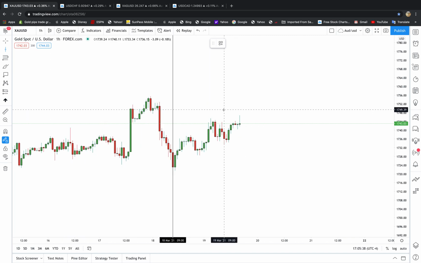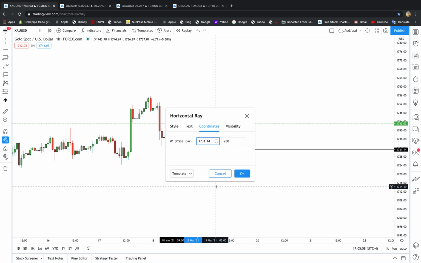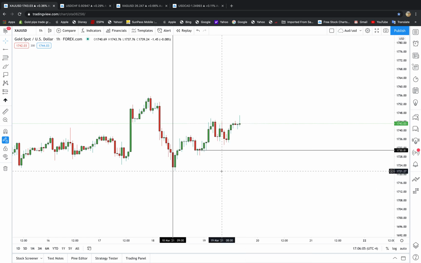We caught another 120 pips down here, and our entry for the gold buys was 1730.81. 1730.81 was our buy entry. As you can see how accurate that entry was,